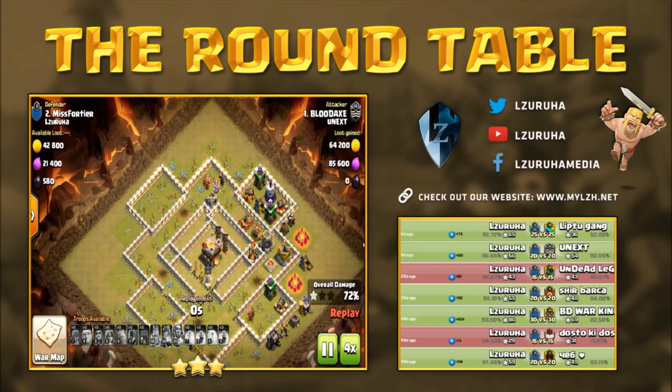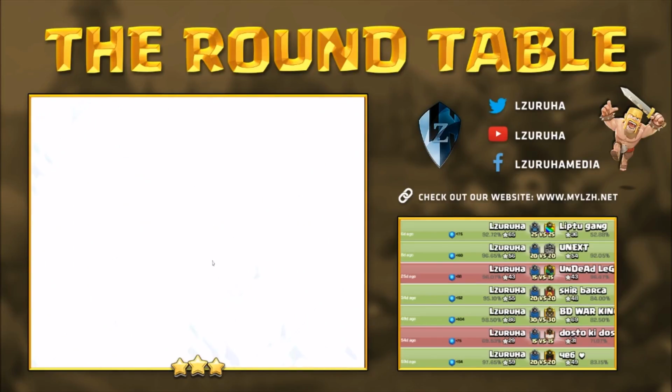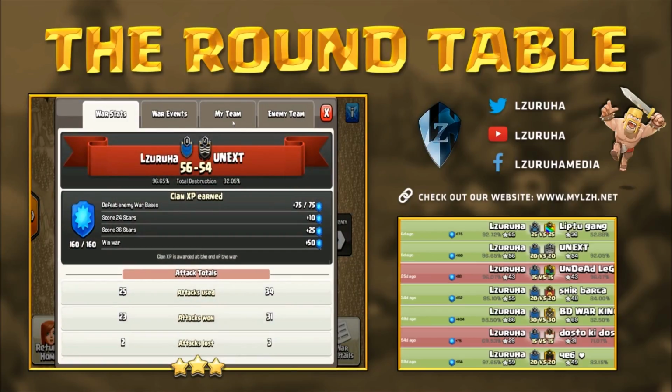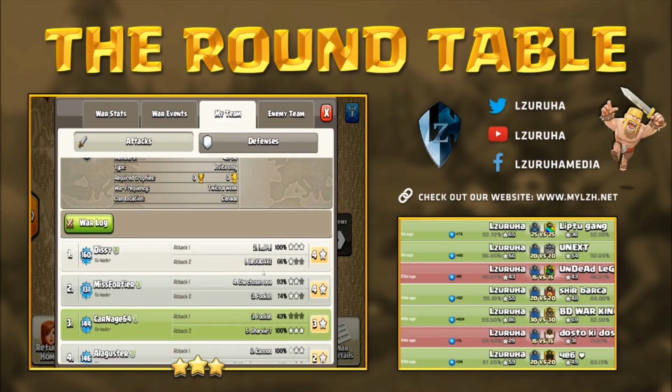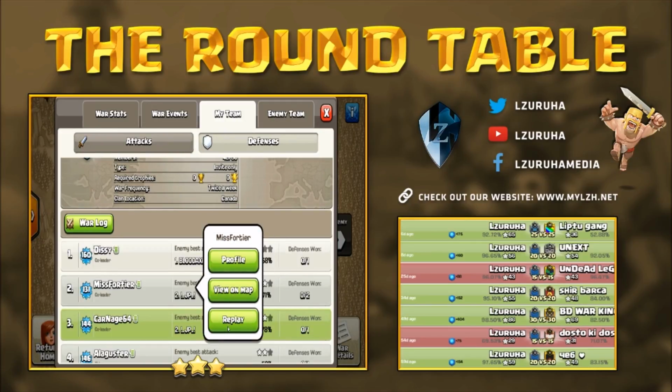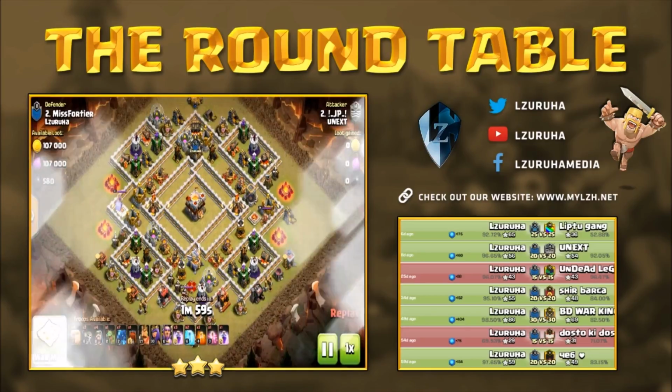Has a really good hold on their number 1, which forced this attack by their number 2 to make up for it. So their number 2 couldn't clean up another base. So it pretty much, I think, won the war in that sense. So let's take a look at...